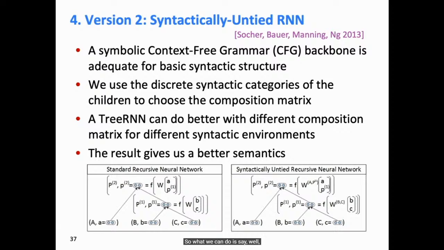So what we could do is say, well, let's just use a regular probabilistic context-free grammar to generate possible tree structures for sentences. We can generate a k-best list and say, what are the 50 best context-free grammar structures for this sentence? And that's something we can do very efficiently with dynamic programming algorithms. And then we can work out a neural net that'll work out the meaning representation of the sentence.